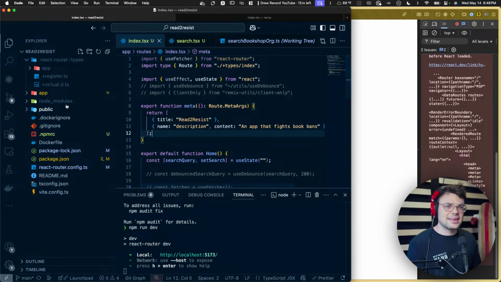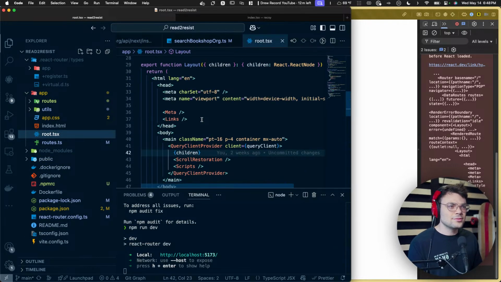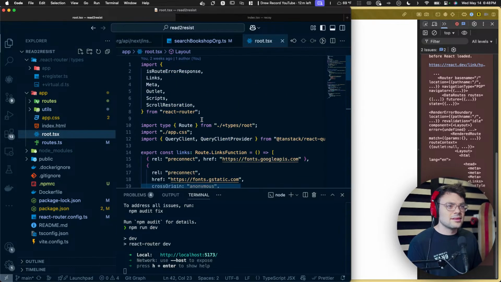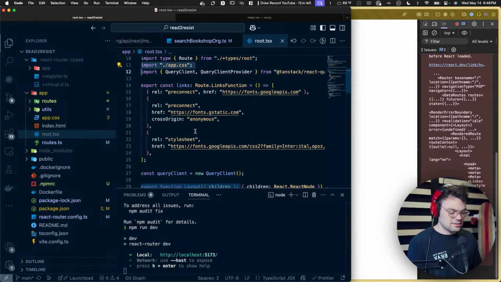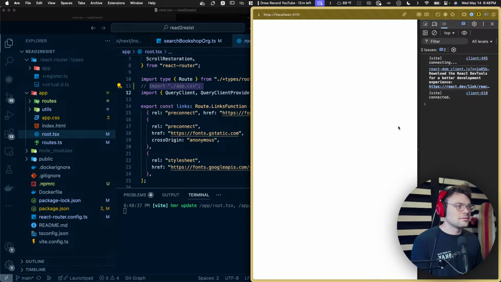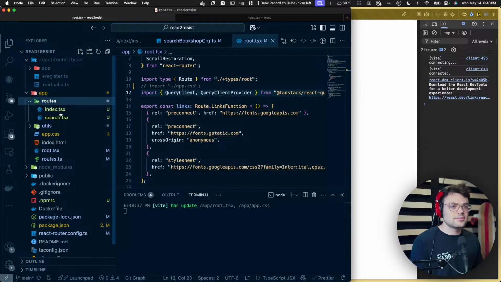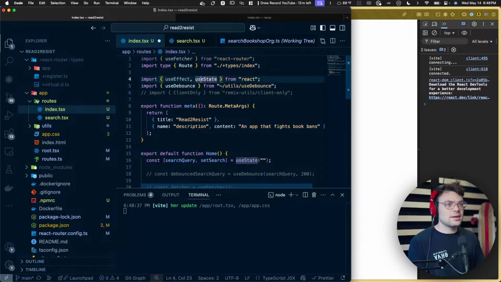Is it a problem with Tailwind? What is it? It's in the root? If I comment out this line. Okay, maybe that is something odd. So if I bring back some stuff,